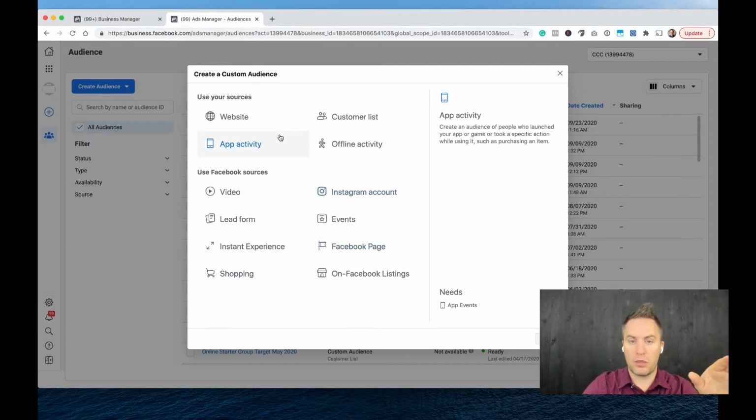For the most part, I am only usually doing customer lists, website visits, or video or Instagram, where they already interacted with something on our site. And I would say 95% of the time when I do it, I'm doing customer list, and then a little bit of the time I'm doing visitors to a website. Although I think both would be good. So if I picked website,